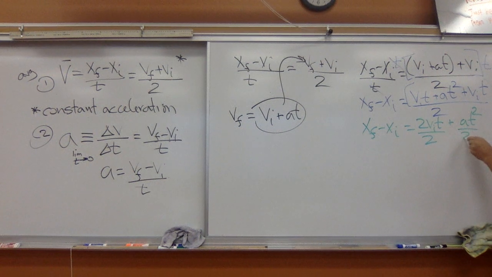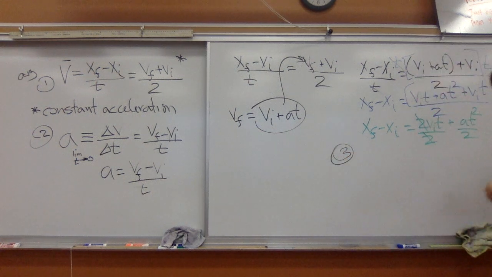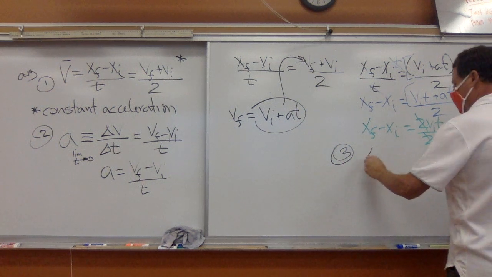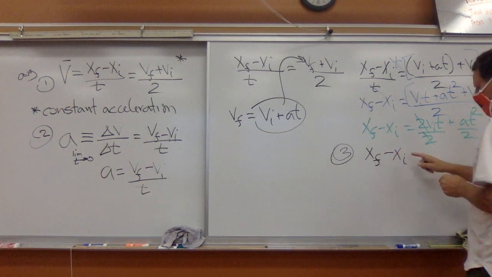This time I'm going to break it up, so I've got two fractions that are both under 2, and we can see that this one cancels out. When we put this together, we end up with equation number 3, and that is going to be x final minus x initial